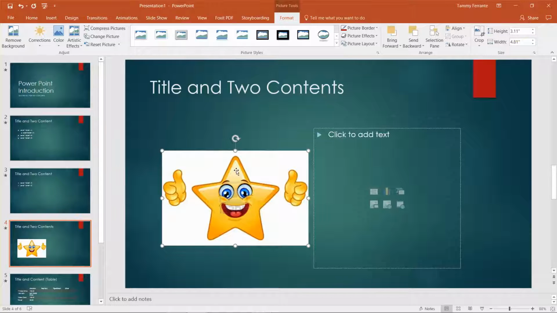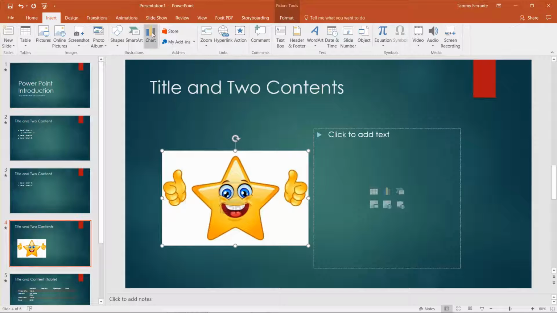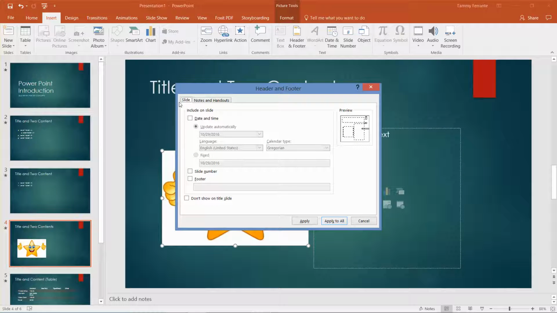Alright, let's look at headers and footers. From here I can click on Insert, Header and Footer. So here I can do headers and footers on slides and on notes and handouts. It's going to be a separate header and footer. So say I do a date and time. I'm going to do slide number, footer